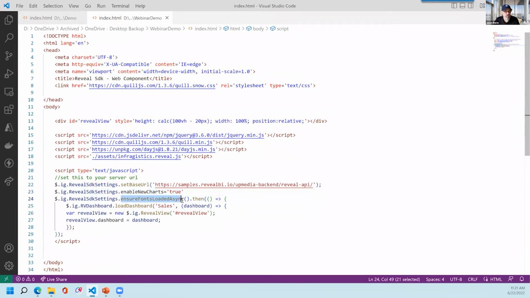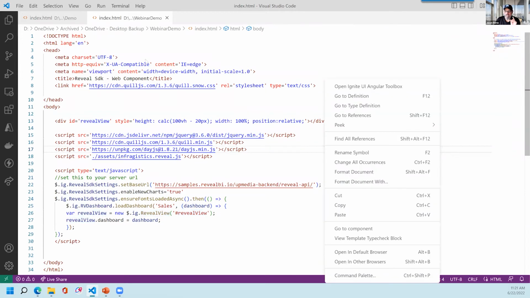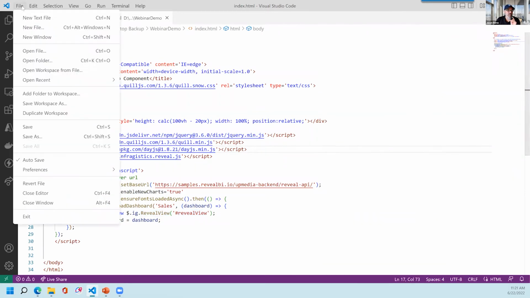I want to make sure that all of our fonts are loaded from the Reveal SDK before I render anything. I'm telling it to load the dashboard called sales. So RV dashboard load dashboard, a function, sales. This isn't pointing to some URL that I have to embed in an iframe, and then take that dashboard and stick it inside of the reveal view. And that's it. So if I right click, and I think this is auto saving, we'll go ahead and save